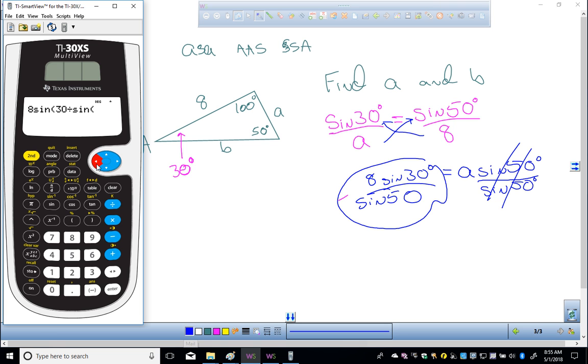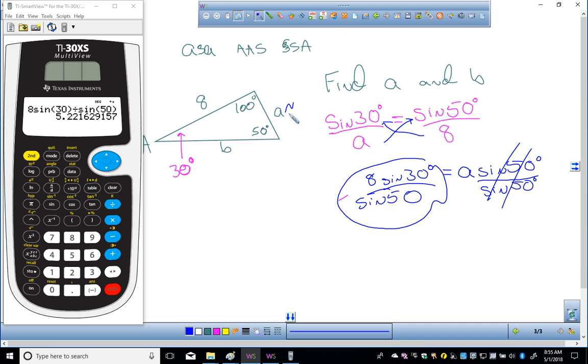See, I made a mistake that you guys will probably make. Divided by sine of 50, and I hit enter after I close that parentheses, and I get 5.22. So side A is about